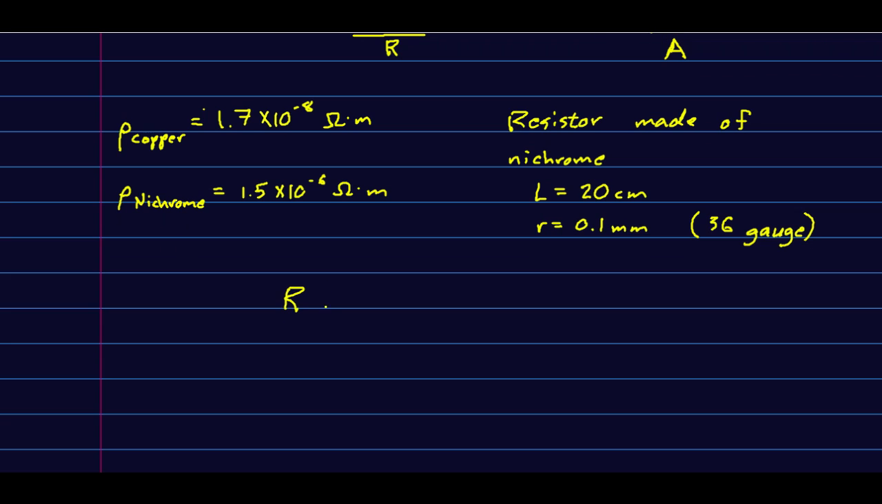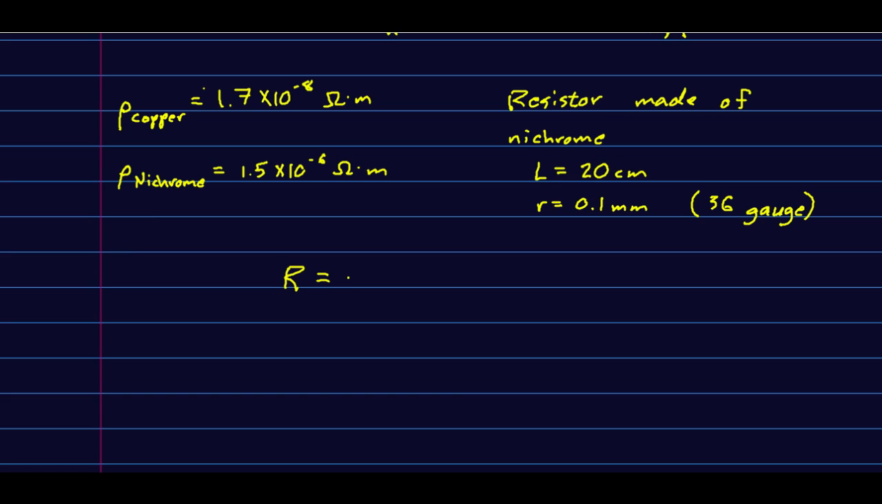So the resistance of that resistor is just going to be the resistivity of the nichrome, so 1.5 times 10 to the negative 6 ohm meters, times its length, 0.2 meters, all over, and this is presumably cylindrical, right? So pi times r squared, so 0.0001 meters squared. And if you plug that into your calculator, you'll find these meters all cancel, and you are left with around